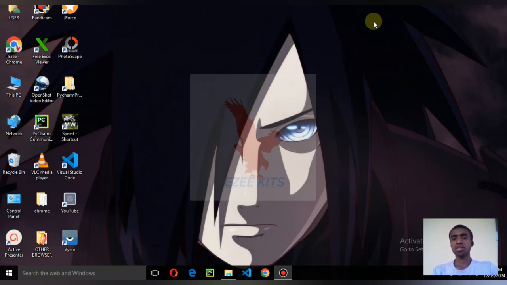Another one is choosing the right software. Certain programs only work with specific file types. For example, your VLC, which is popularly known for viewing videos. I don't know whether it can view pictures. We all know that it is mainly for videos. When you try viewing pictures with it, it becomes a problem. It might not work properly, and even if it worked, it might have issues. So when we know what type of file extension we're dealing with, then we can know the right software to use, and then we can run or open files correctly.